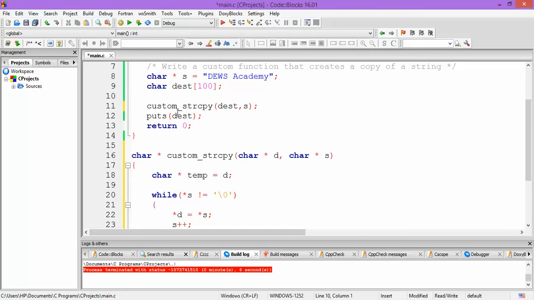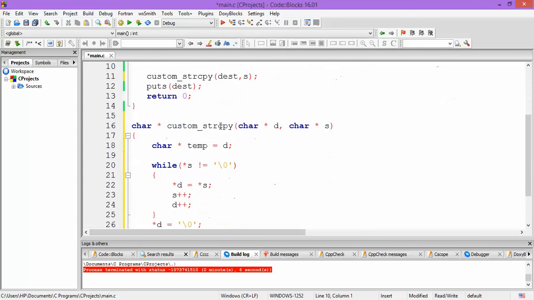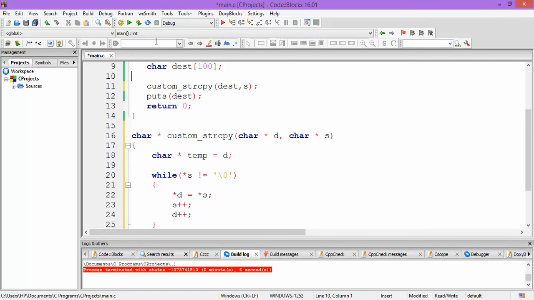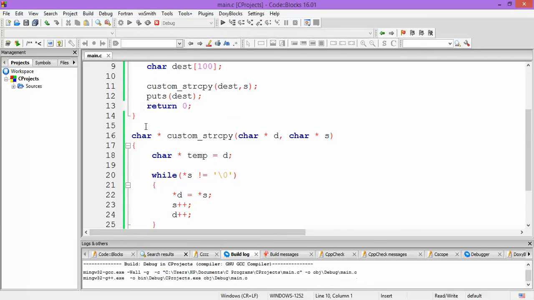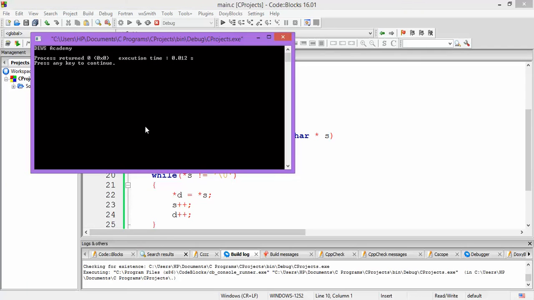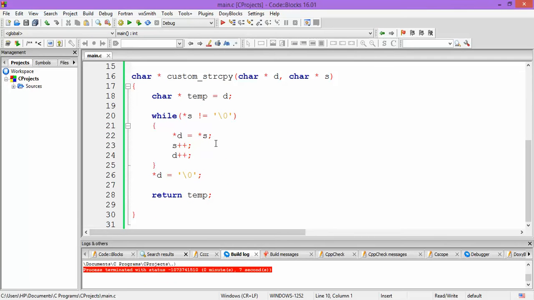So we replaced the string copy library function with our own custom string copy function. Now let us see whether it works fine or not. So let us run it. It is built correctly, and also the output is correct. Dues Academy is printed. That means we have successfully implemented this custom function.